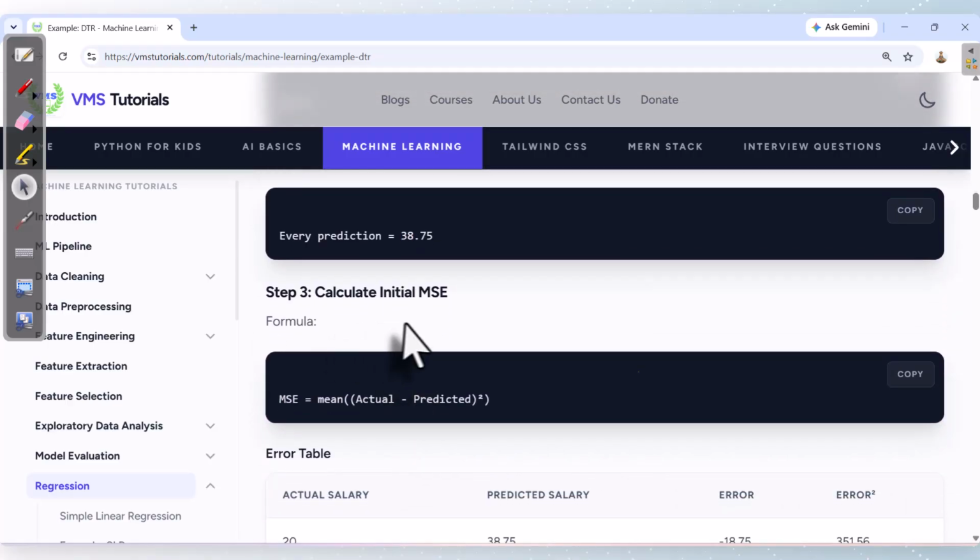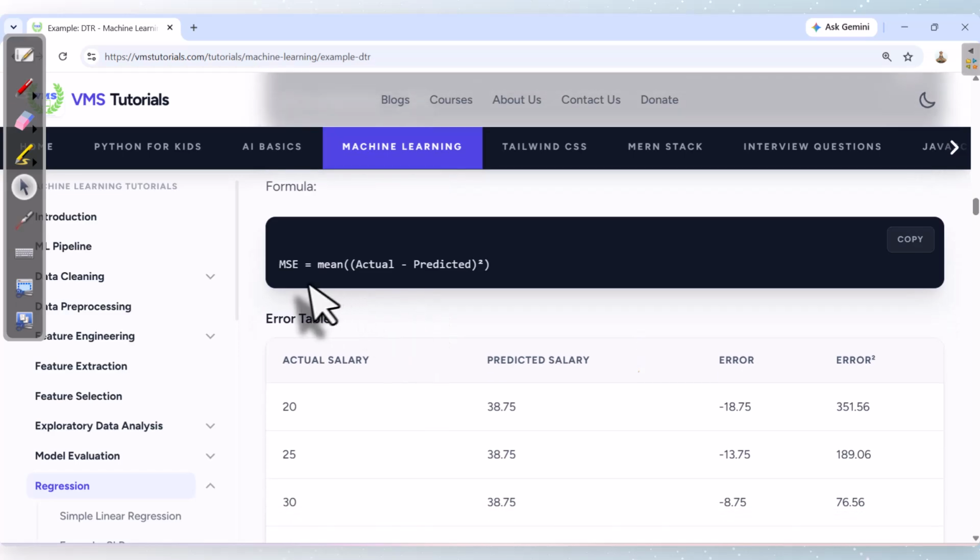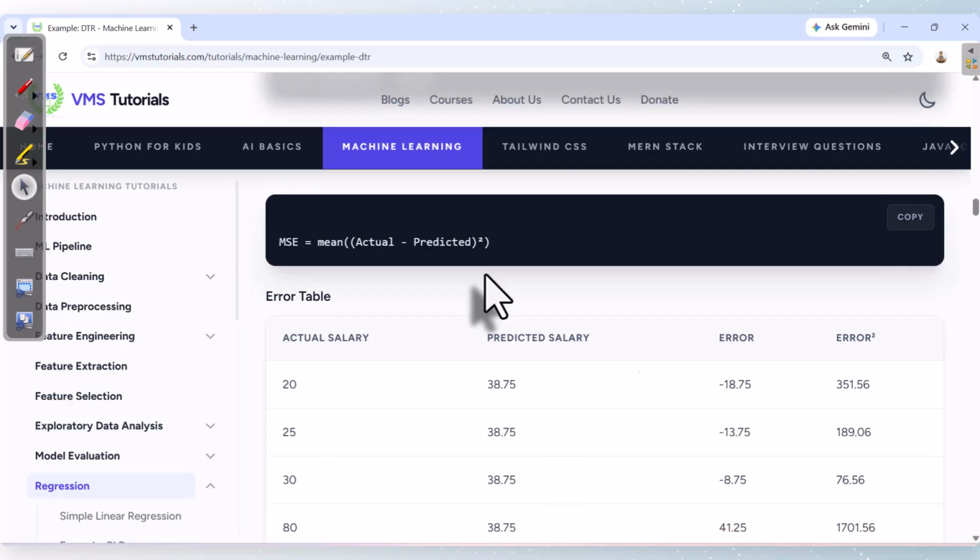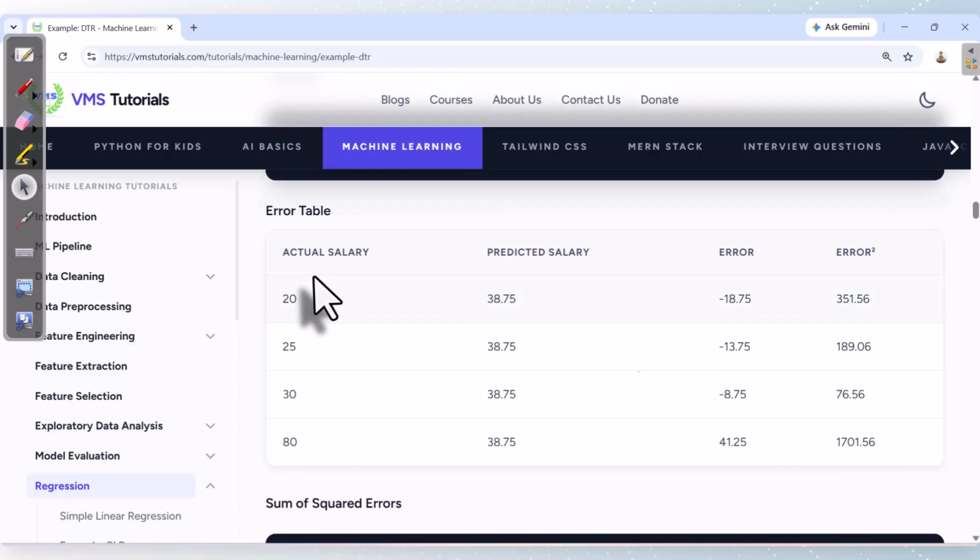So now calculate the initial MSE. The formula is MSE equal to the mean of the summation of actual minus predicted, whole square. Now these are my actual salaries: 20, 25, 30, 80. You know that without splitting, for each prediction the average is 38.75. So the prediction is the same. Now how can you calculate the error? 20 minus 38.75 is minus 18.75. You can calculate the square of it, that is